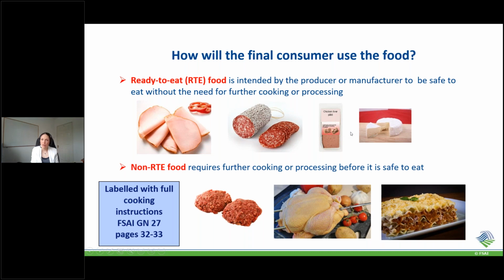It can make very vulnerable people in particular, such as older adults, those that are very young, those that are pregnant or immunocompromised, very sick. We get about 20 cases of listeriosis in Ireland a year, but what makes this pathogen unusual is it has a very high fatality rate. So there is legislation to say if you're manufacturing a ready-to-eat food, you need to check if there's listeria in that food, and it needs to be able to control it so it doesn't grow to a level that would